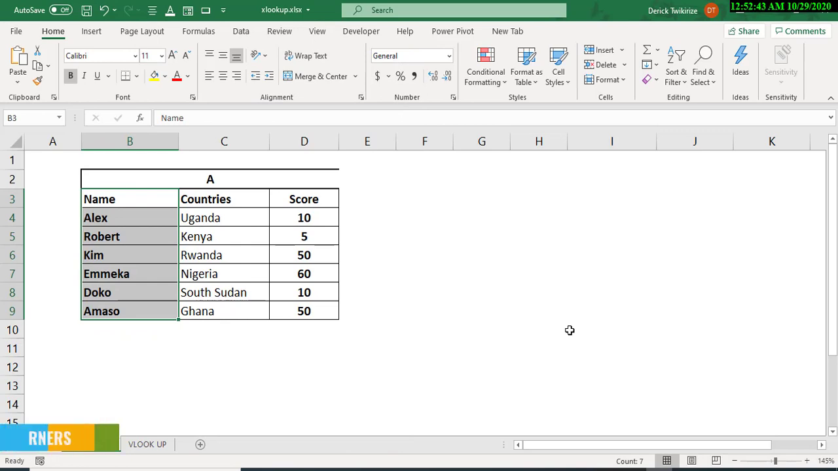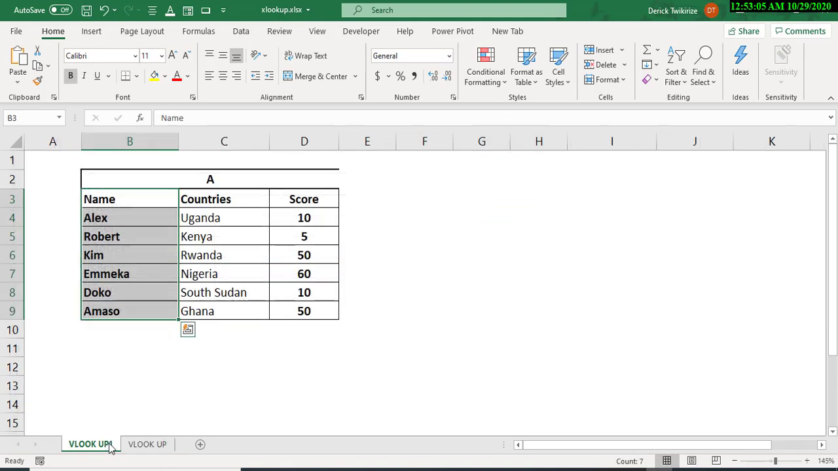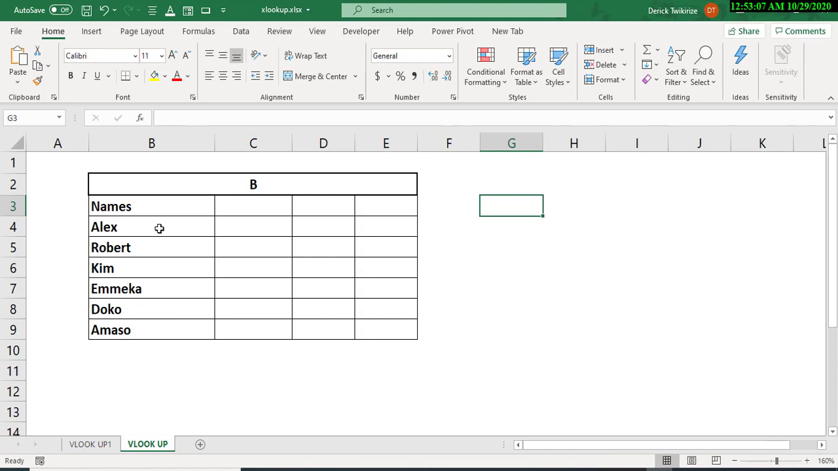In this video, we're going to be looking at how to use the VLOOKUP function. In this particular example, we have a table A, which has name, countries, and score. And we have another sheet which has table B with simply names. So we want to have the values from table A coming to table B. So let's try to find out which country each of these people belong to, and we're going to just type here